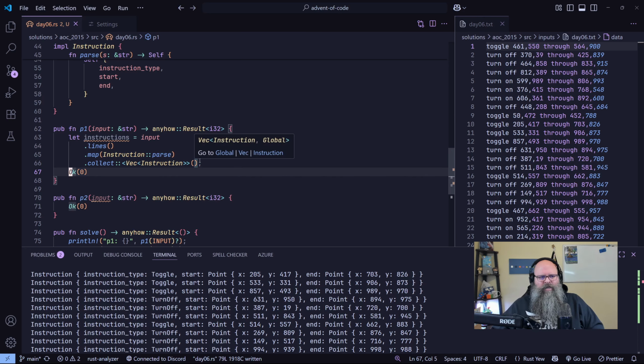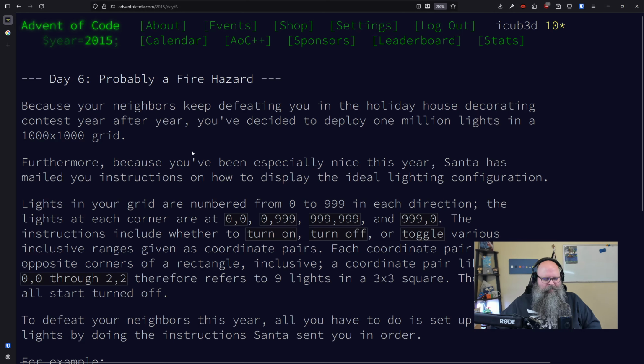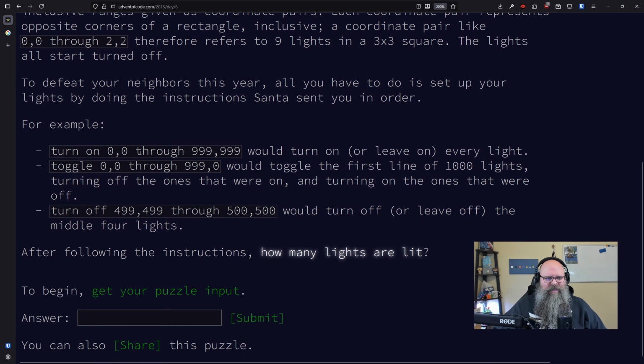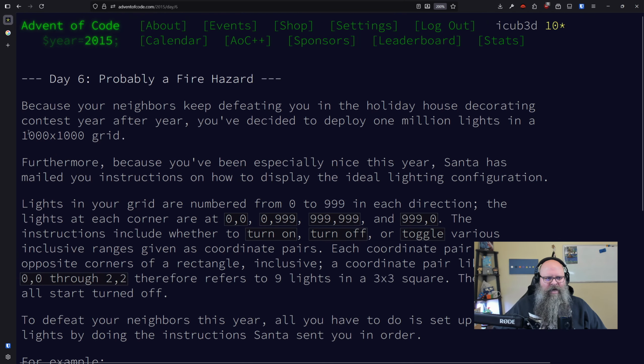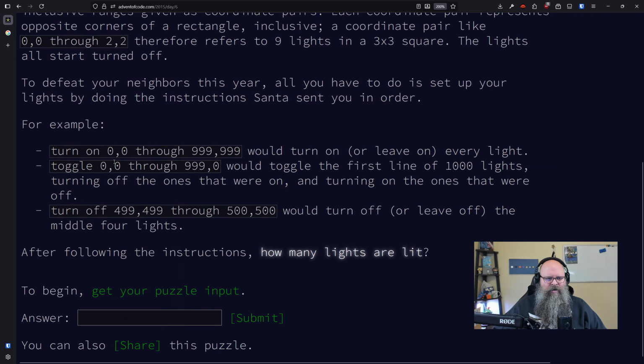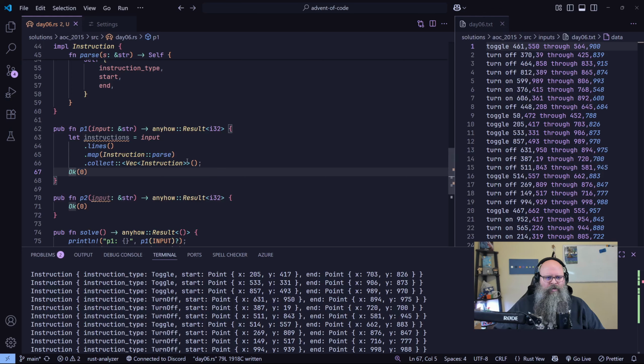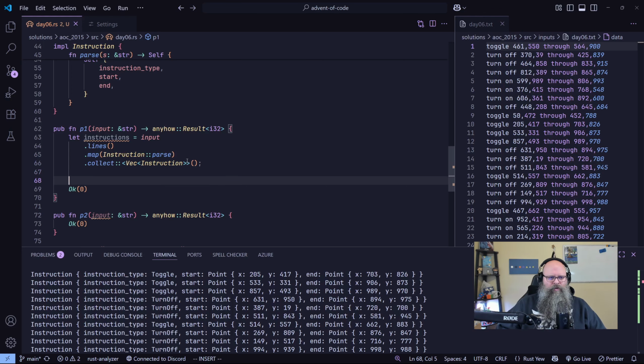Okay, presumably we can use that in all of our other stuff, right? So now we just have to implement this logic. We need to create a 1,000 by 1,000 grid, and we need to be able to turn them on, toggle them, or whatever. So maybe we just have bools. So we'll say let mut grid equals